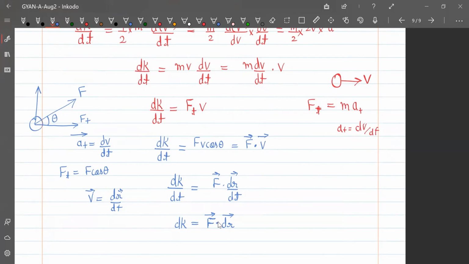ये क्यों लिख रहे हैं ऐसे। अभी के लिए only velocity which is along the displacement, and acceleration which is along the velocity, then only that acceleration can be related to kinetic energy. So dK को लिख सकते हैं F dot dr, मीन्स चेंज इन काइनेटिक एनर्जी जो है किस पे डिपेंड करेगा, फोर्स और डिस्प्लेसमेंट पे। इसका एक बहुत अच्छा सा रिजल्ट आता है बाद में, we'll see. अभी के लिए जस्ट रिमेंबर दिस, dK by dt is force into tangential velocity, एंड dK को लिख सकते हैं